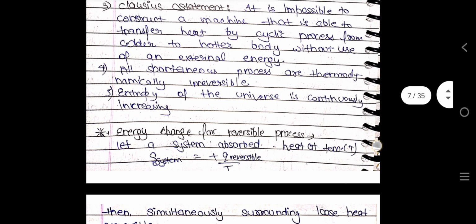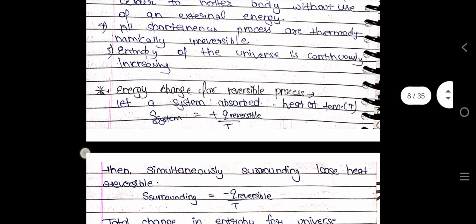Second law of thermodynamics. To overcome the limitation of the first law of thermodynamics, this law was introduced. According to the second law of thermodynamics, heat can't spontaneously pass from a colder to a warmer body, or entropy of the universe is continuously increasing. Kelvin's statement: it is impossible to convert heat completely into work without leaving some effects in